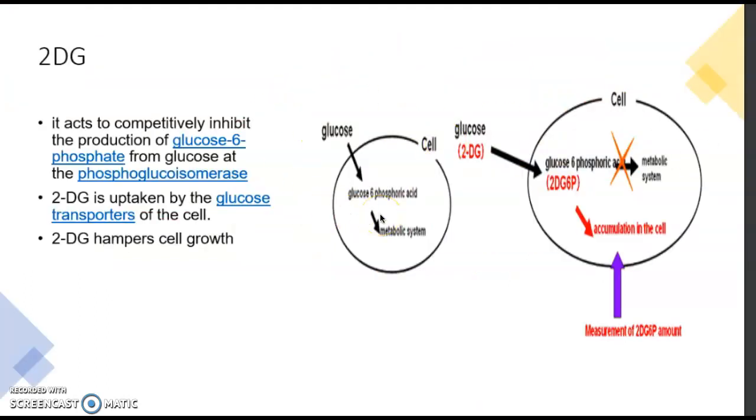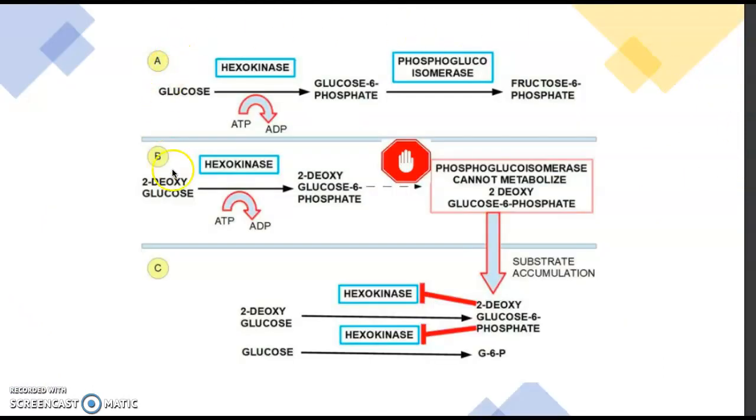Now let me compare the process and line of action of glucose and 2DG. During glycolysis, glucose is converted into glucose 6-phosphate, whereas 2DG is taken up by glucose transporters of the cell as a cell growth inhibitor. It is not able to be converted into glucose 6-phosphate. Again, explaining the same process, glycolysis: normally glucose is acted on by the hexokinase enzyme, which needs a molecule of energy, ATP, and it's converted into glucose 6-phosphate, which is further converted into fructose 6-phosphate with the help of